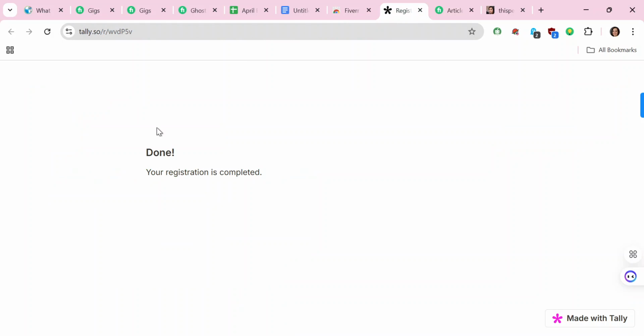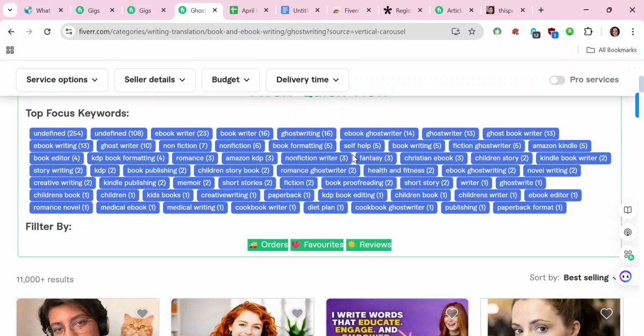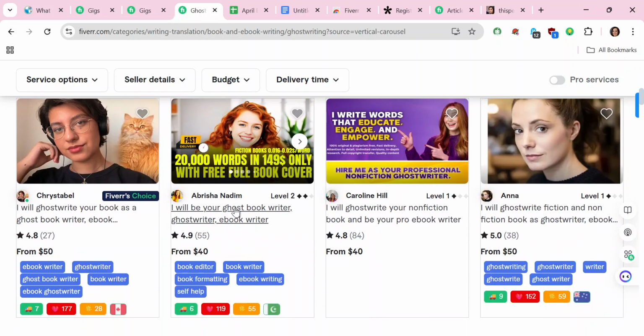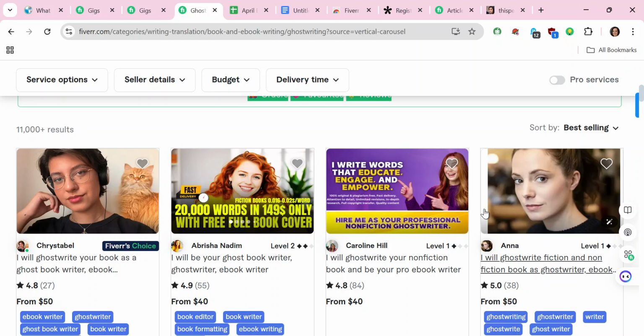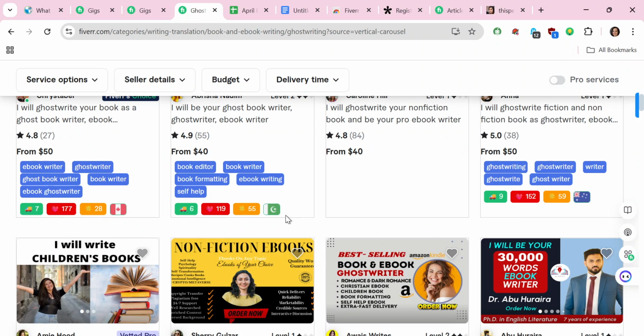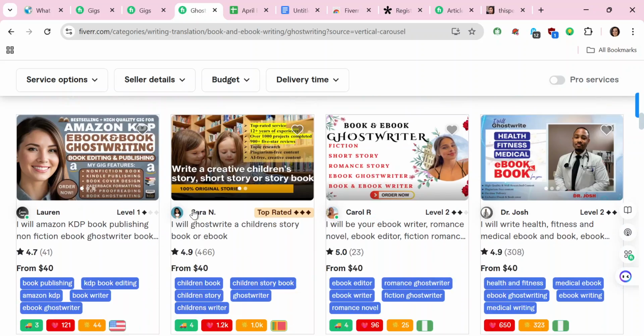You will be taken to a page like this, tally.so/r and so on, and then you just write your name and your email address, and it should automatically sync up with the Fiverr account you have. The email address should be the one connected to your Fiverr, and then it should be like this. So you see the trending keywords for each of the Fiverr gigs you are viewing, and that's it, guys. That's just it. You'd really enjoy using this particular